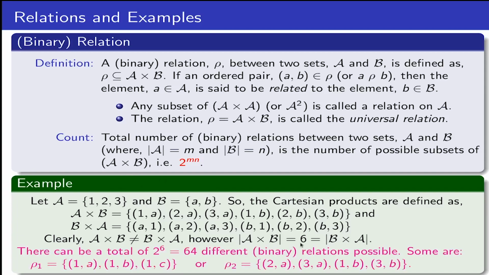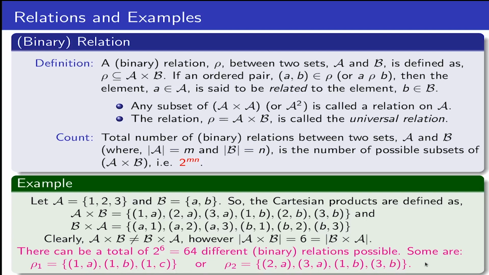Now if I consider some relations, there would be 2 to the power 6 possible relations, because among these pairs I can choose 3 pairs and form a relation, I can choose 4 pairs and form a relation, I can choose nothing and say it's a null relation, I can choose everything and say it's a relation, because it should be a subset of A cross B. So therefore there are 2 to the power 6 possible subsets, hence 2 to the power 6 possible different binary relations in A cross B, relating the elements of A with the elements of B. Some relations could have 3 members, or 4 members in the relation.